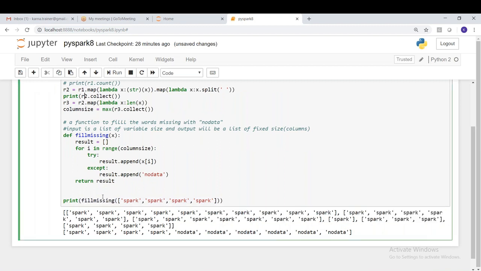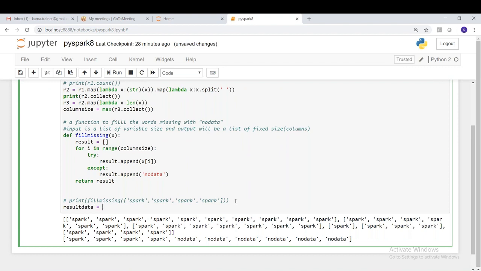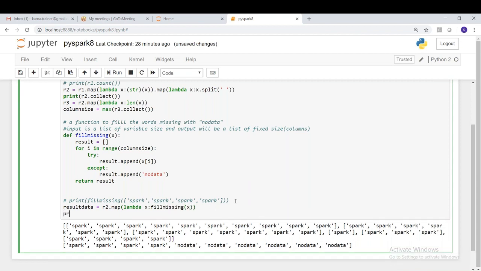Then how shall we apply it? I think result data equal to R2 dot map of, each record, lambda x, and what is the function name, guys? fill missing of x. That's it, guys. Print result data dot collect.